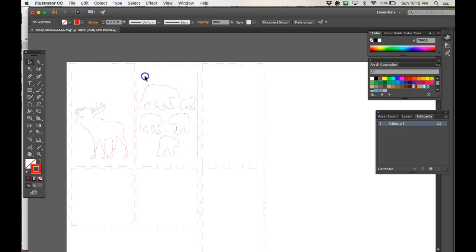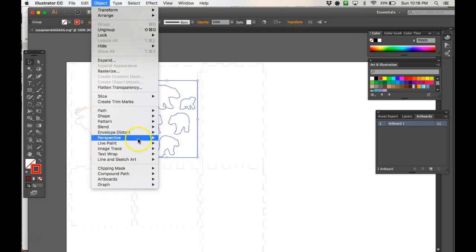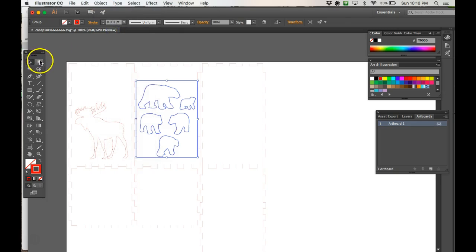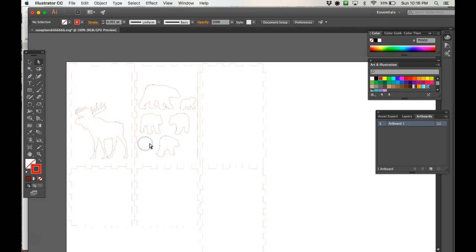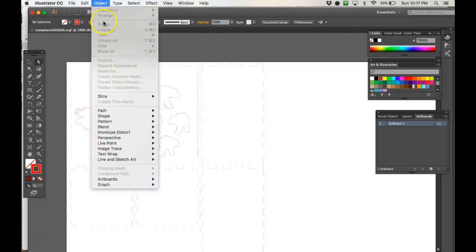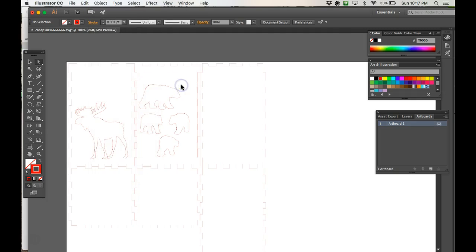If I wanted to have all of these and I wanted to take one of the bears out, I can go up here to ungroup. So object, ungroup, click on my gray button or my gray arrow over here on the left, and then I can choose on any of these files and delete them. So that is an option to you. You can always go to object, group, or ungroup depending on what you want. So now I have a moose panel, I have a bear panel,